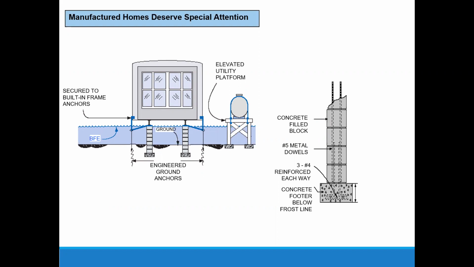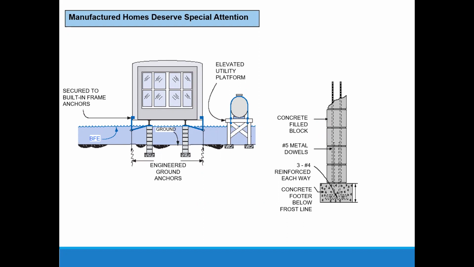So there's over the top ties, or it's attached to piers or piles like it looks like in this diagram. So on the right side, it shows you the proper way that this is done. It's cement blocks that are cemented together, and then it's reinforced with these metal dowels, and there's a concrete footing underneath that. And on the other side, there's engineered ground anchors,